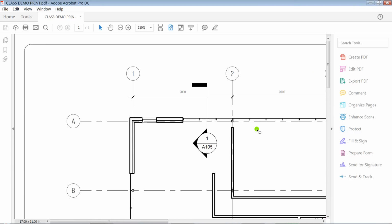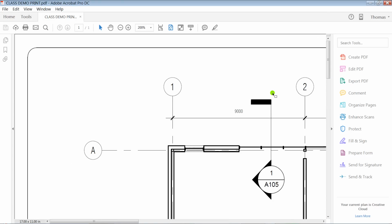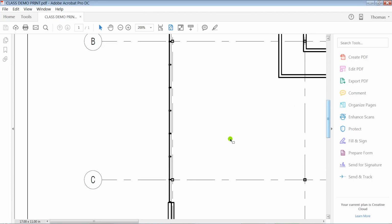And then you can see here with the PDF that I've got my title block borders here, leaving me with about half an inch or just 10 millimeters or so to the edge. So it's properly sized that way. You can see that with the PDF, I get my line weights as well. And if I zoom in really close on something diagonal,